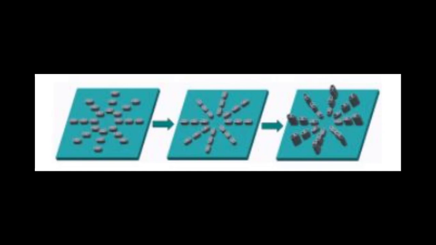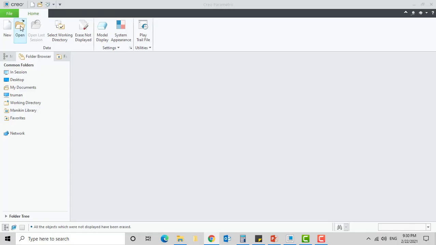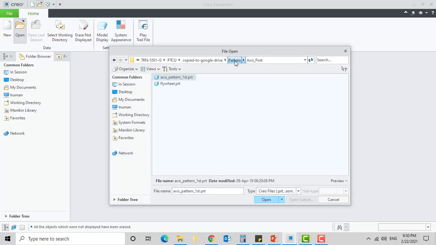When you select the follow axis rotation checkbox, which is selected by default, pattern members are oriented such that the relationship between the pattern leader and the axis is maintained. If you uncheck follow axis rotation, then pattern members have constant orientation, the same as the pattern leader. Now let's get into the example of axis patterning in the second direction.